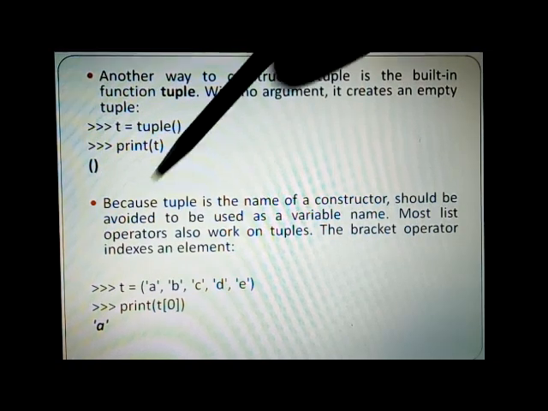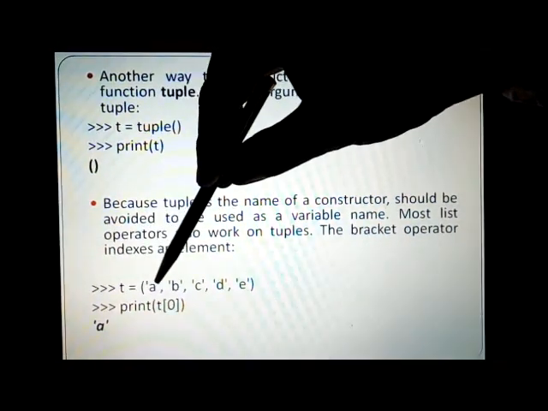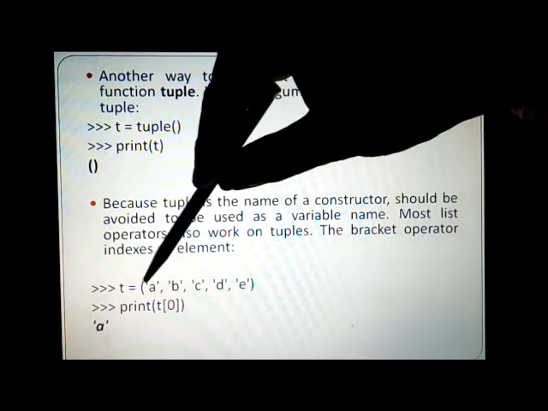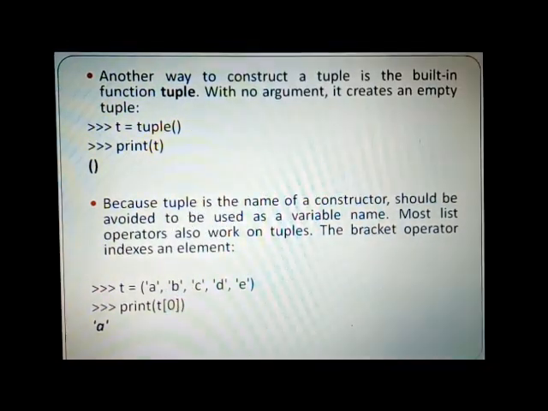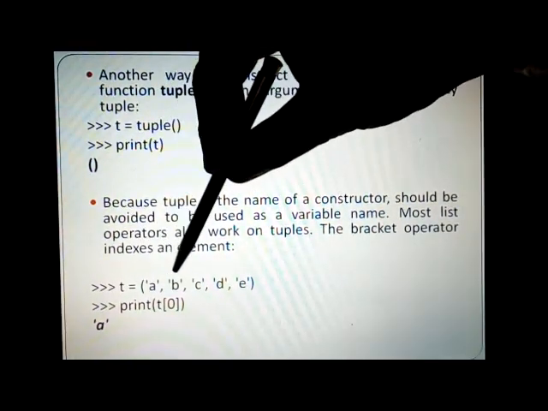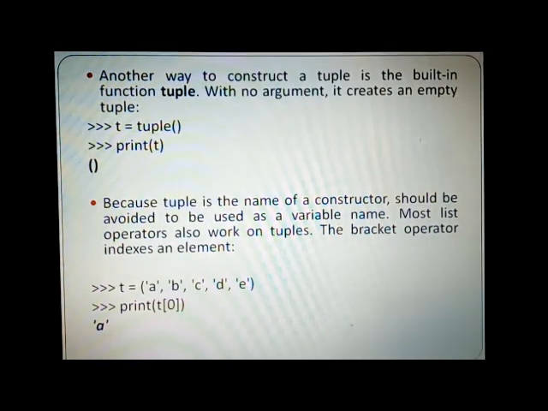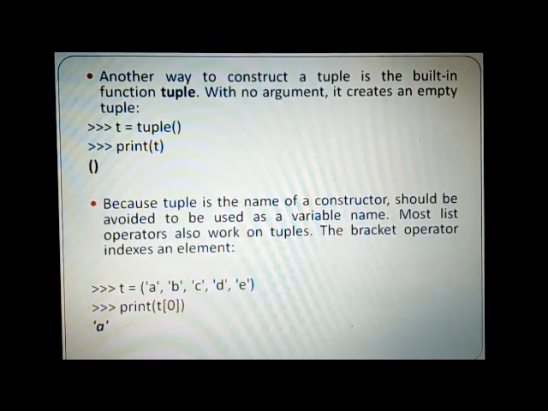Of course, for the time being, you can ignore that, and the rest of the things are clear. Now, for example, in this case, t is another tuple here, which is pointing to a, b, c, d, e. If I say print of t of 0, the rest of the behavior is similar to your list. That is, if I take t of 0, or if I use slicing, then I can make use of the similar concept that we have used in case of list.